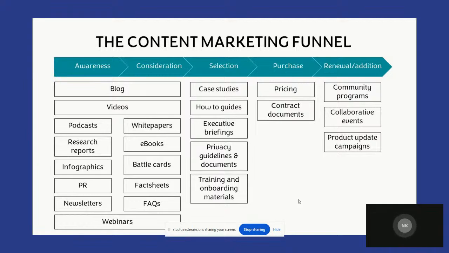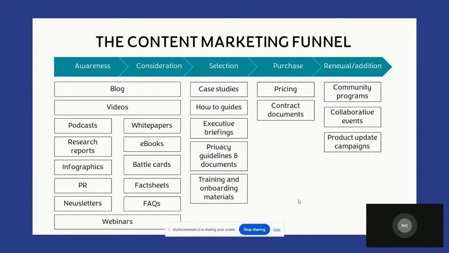I've written a complete article on this topic, which I call the discontinuous marketing funnel, wherein there are multiple entry points and multiple exit points for a marketing funnel, and that is true for a content marketing funnel as well. It's not like everyone starts at the awareness stage, first looks at the awareness piece of content, then travels all the way down to the selection, purchase, retention stage. It doesn't happen in a linear fashion. But this way of representing the funnel gives an easy image and makes it easy for us to understand how different content items work, or the purpose of each content type.